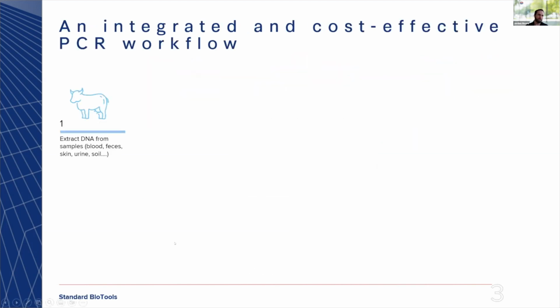Now, the workflow itself, and this workflow really works all the way across our gene expression and genotyping workflows, and gene expression that can even cover our pathogen detection, so looking at RNA and or DNA. You're going to run the extraction of your RNA or DNA. In this particular example, we're looking at DNA. The type of sample will not matter. We do want to have good quality DNA, but we can also use a preamplification step if the quality is poor, and we've even integrated that into some automated workflows and automated IFCs, or integrated fluidic circuits.